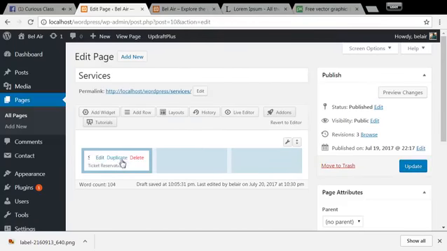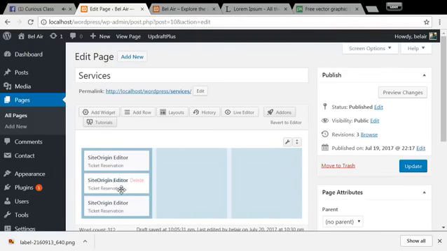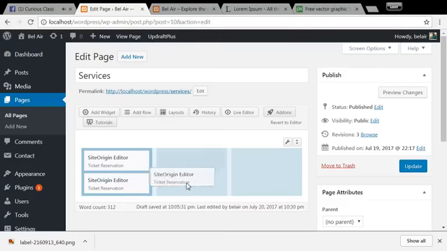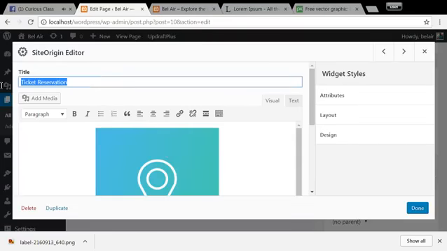And then all I'm going to do is hover over this. You see edit, duplicate, and delete. I'll click duplicate once, click it twice, so that I have 3. Then when you hover down here, you see this cross arrow thing. I'll drag one here, drag the second one here. Then now I can edit the second one to